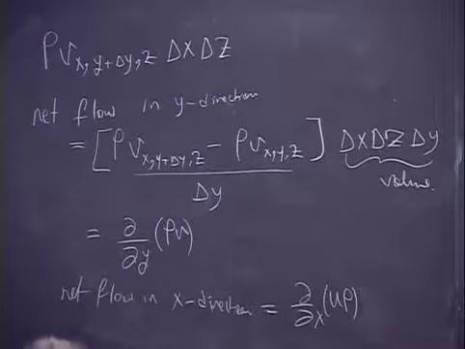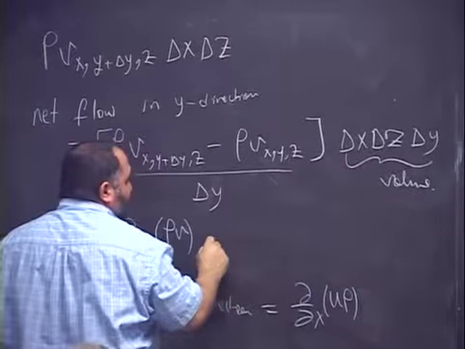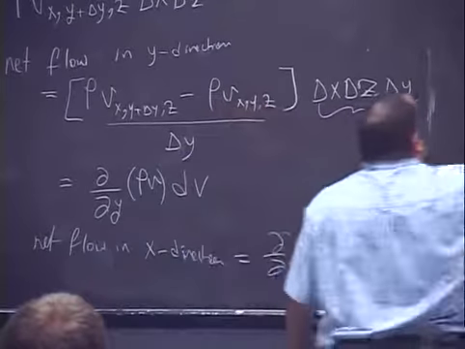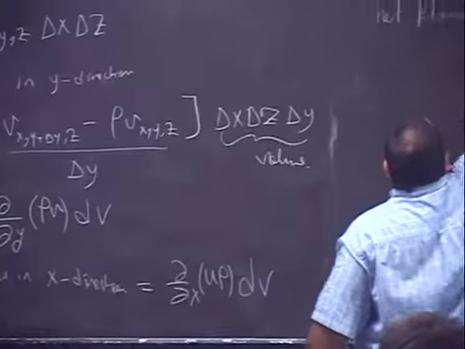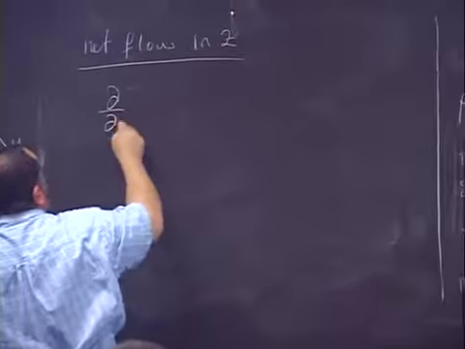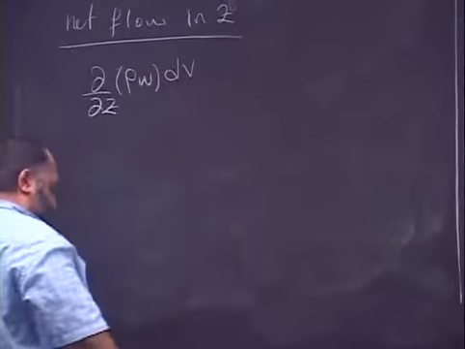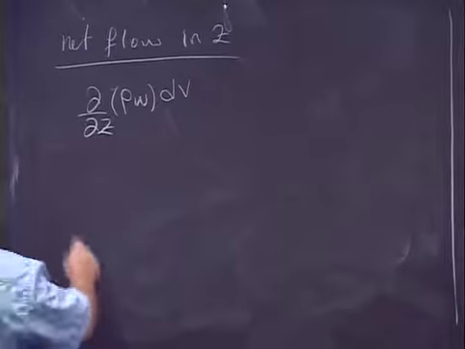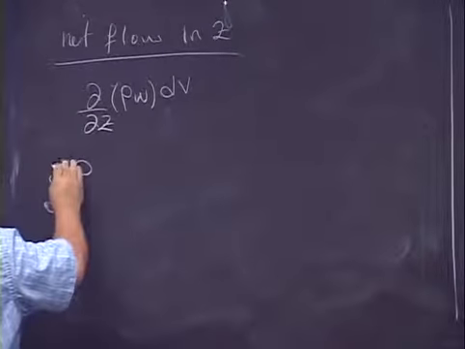Well, net flow is d by dt, but this is multiplied by the volume here. So this is multiplied by the volume, and this is multiplied by the volume. Net flow in z is equal to d by dz of rho omega multiplied by dV. Okay, but the time rate of change of the total mass inside the volume, what's the total mass